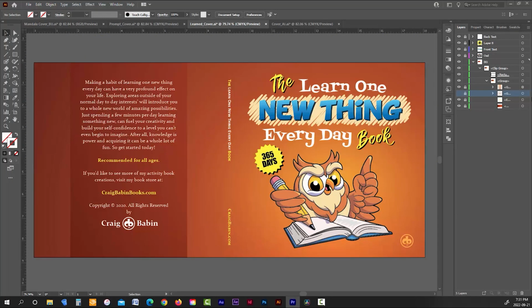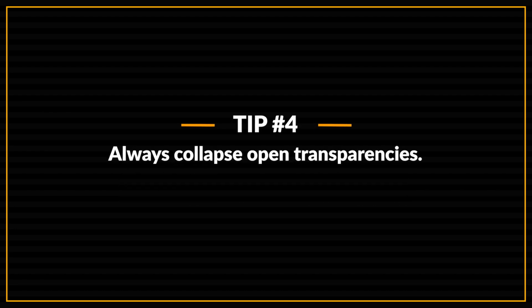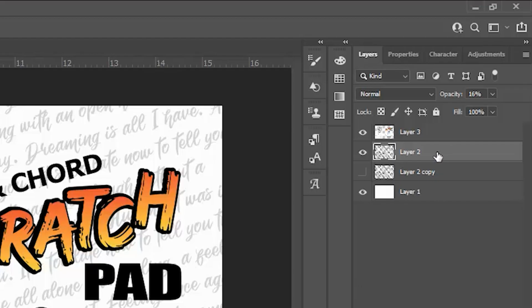What you're basically trying to achieve here is the illusion of depth. That subtle difference can make an amateur-looking book cover look a lot more professional. Give it a try. On to tip 4. Always collapse transparencies. Just to be clear, an unflattened or open transparency is just a layer inside of your document that has the